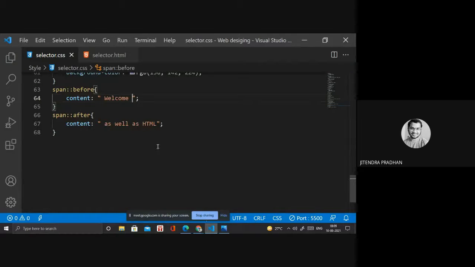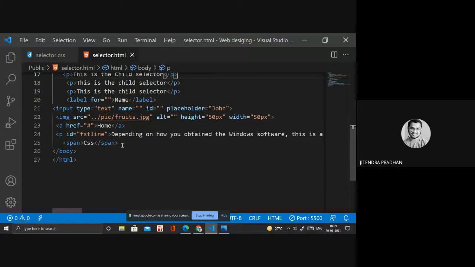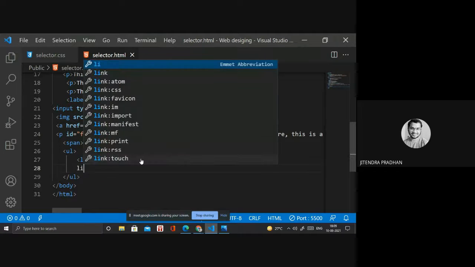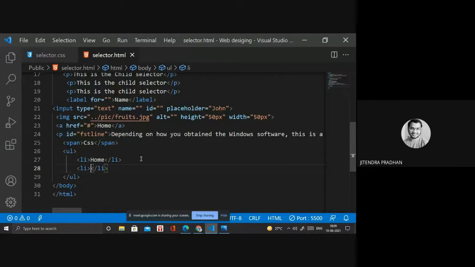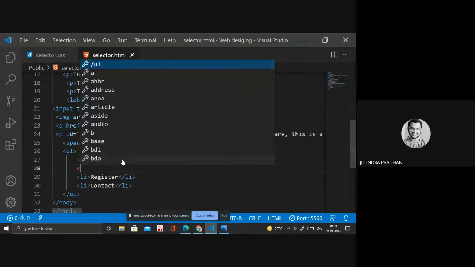And what about other uses, how do we do before and after, and when can we use them? Let's see how. If I write a ul, inside it li with home, and li with contacts, and we have register, and we have blog.